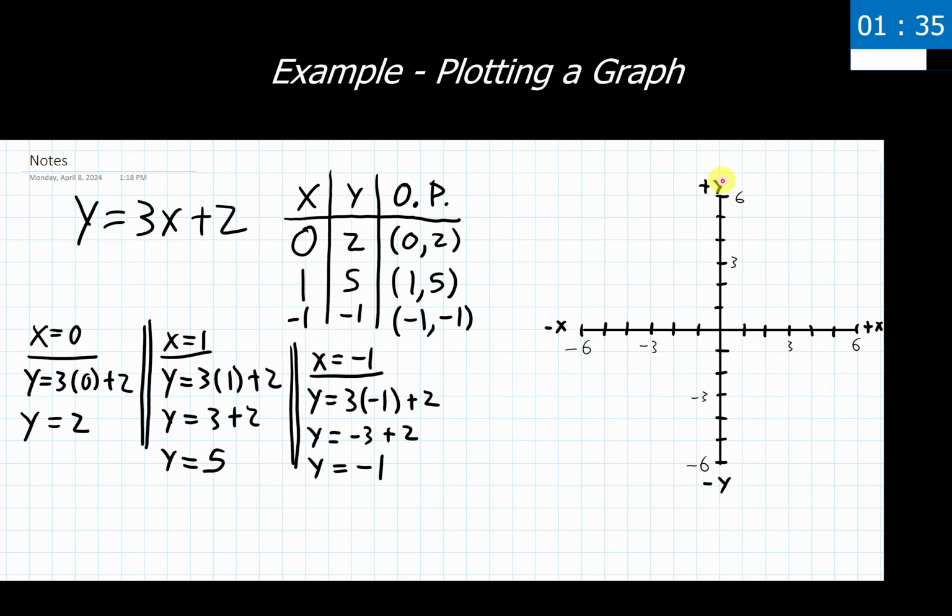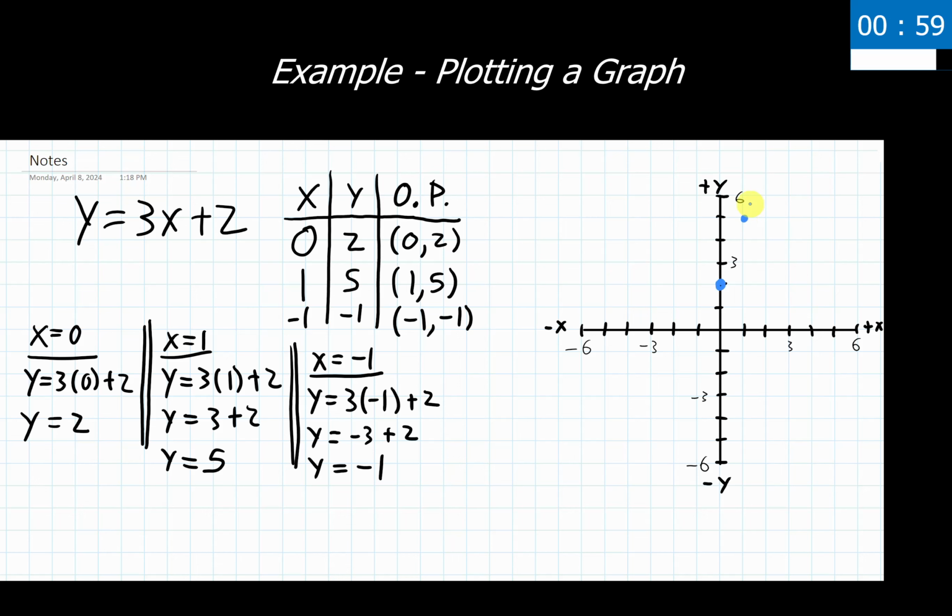Now that I have all of the axes set up and labeled accordingly, I have my X and Y axes labeled, I have the positive and negative directions labeled, I have everything scaled as necessary. I'm just counting everything by ones. Now I can go through and actually graph these things. So I'm going to use blue to represent the points on this graph. So I'm first plotting 0, 2. So 0, 2, that's going to be right here. Then I'm applying the point 1, 5. So I'm going over by 1, counting up by 5. That puts me right here.